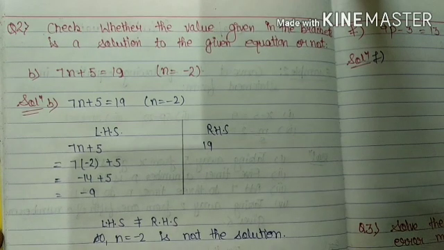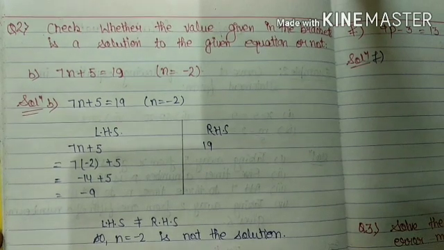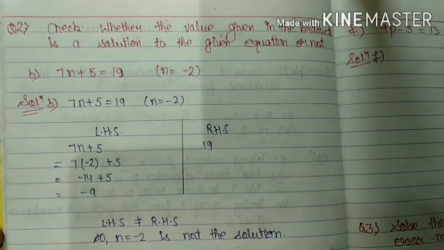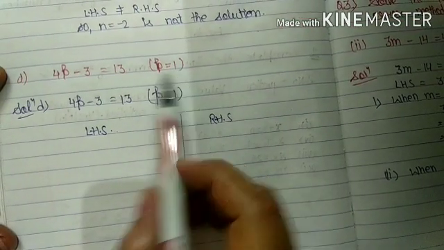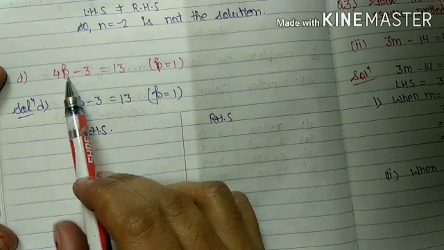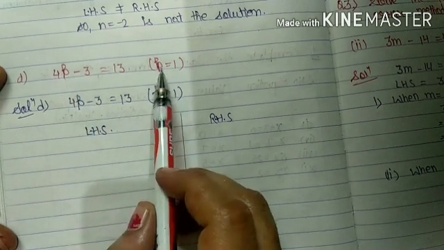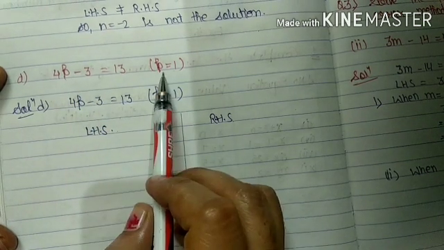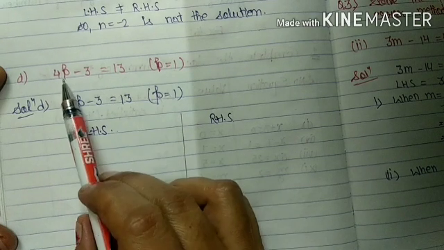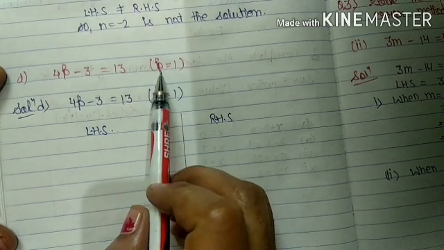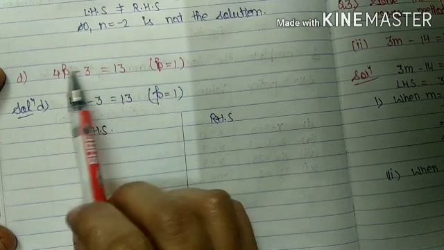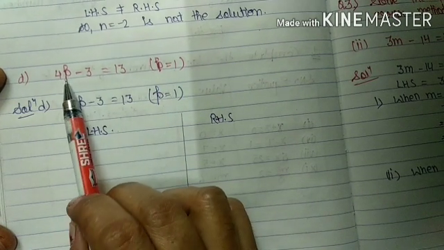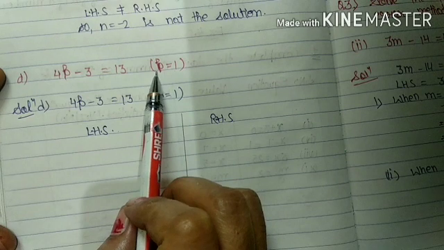Similarly, if I want to do D part, let us see here. P equals 1. Variable is P. Always remember, if the variable is given in the small letter, then you will use the small letter on both sides. If it is a capital letter, then it will remain the same, never change. Means if you write small p here and capital P here, that will be wrong.